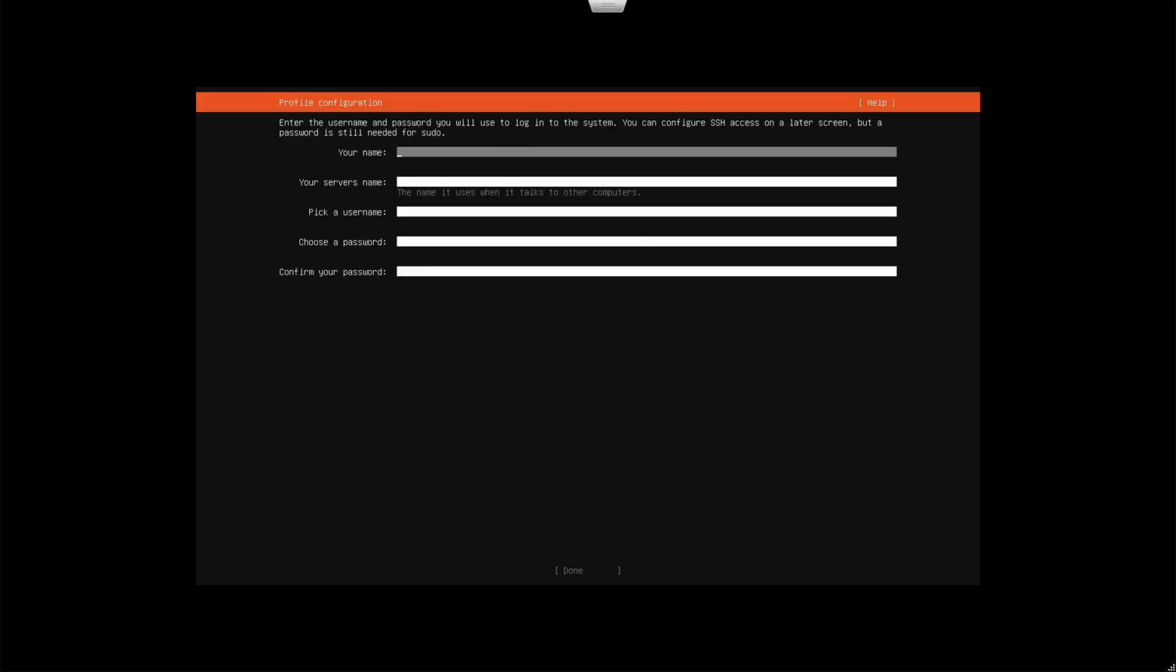You have to give yourself a name for your server, a username, and the password. I'm gonna just go with Ubuntu and Ubuntu, my bad, Ubuntu, and again, and right here I go with 1 2 3 4 and 1 2 3 4. Make sure you pick a strong password. Hit done,